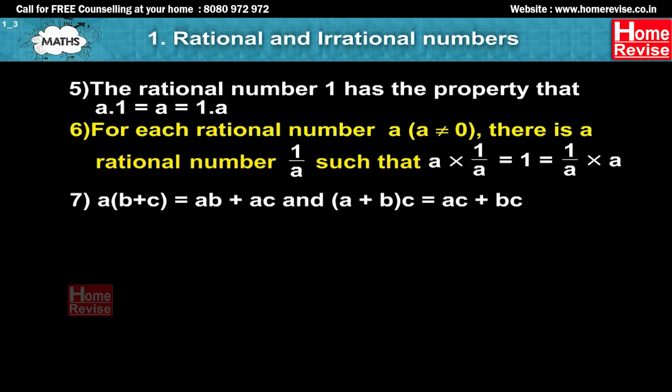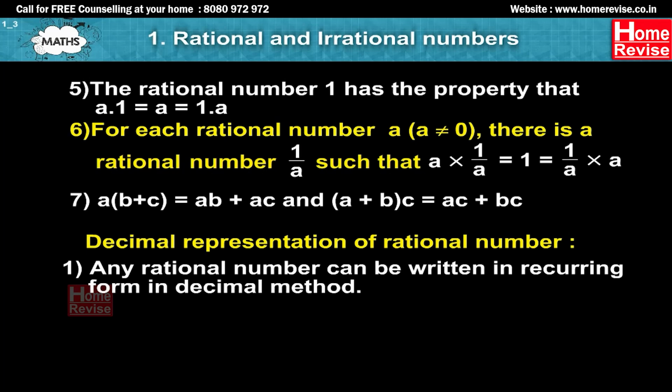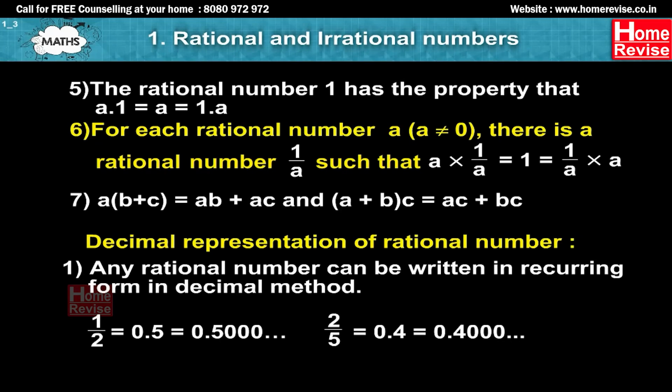Decimal representation of rational number. Number 1, any rational number can be written in the recurring form in decimal method. For example, 1 upon 2 is equal to 1 divided by 2, that is 0.5. This can be written as 0.5000 up to infinity. Similarly, 2 upon 5 or 2 divided by 5 is equal to 0.4, that is equal to